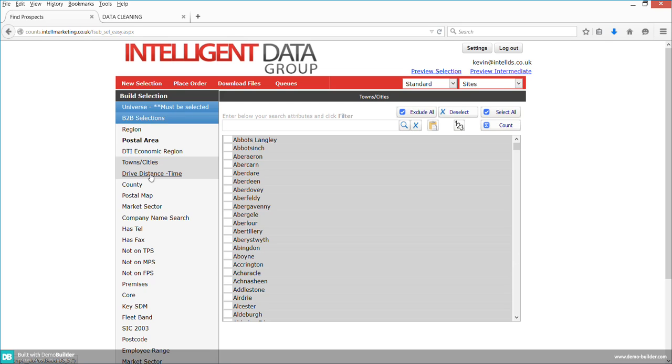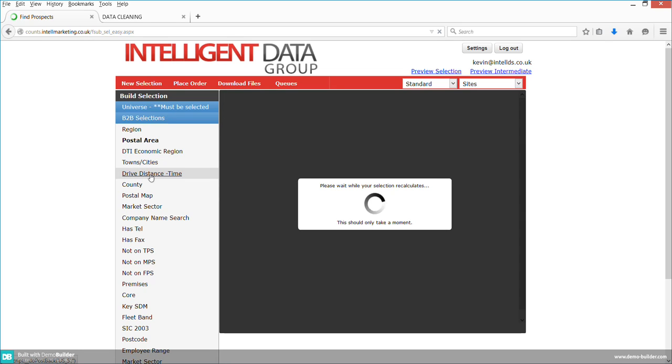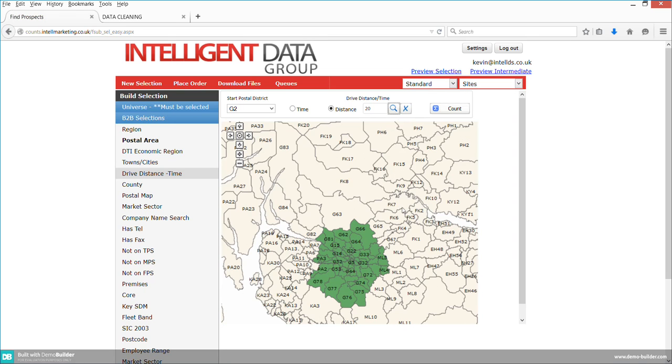The system also has a drive time functionality. The drive time is based on both the time and distance from a certain postal district. So we'll try our postal district here, which is G2. Distance will go for 20 miles, so it's 20 miles per road, and it's calculated at off-peak. So you can see here, these are all the postal districts that are available to drive to within 20 miles